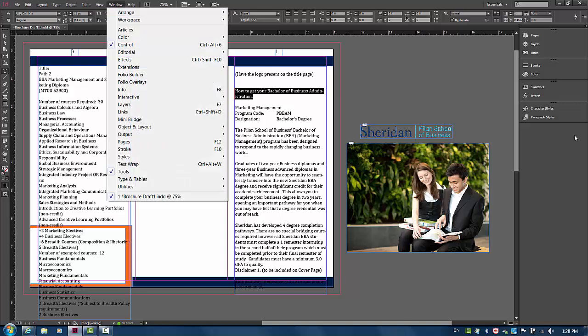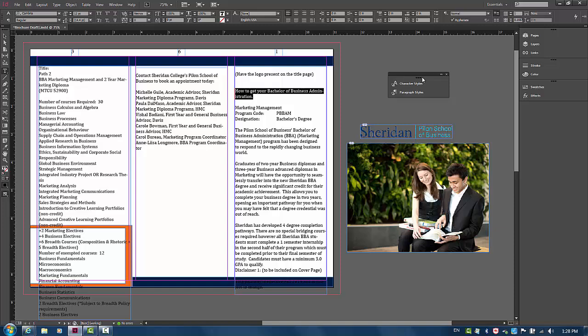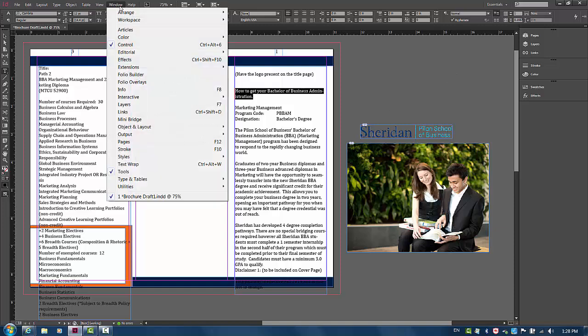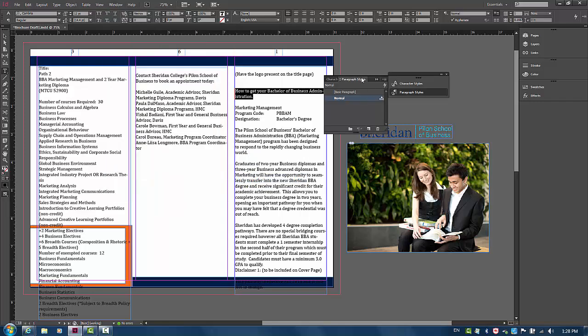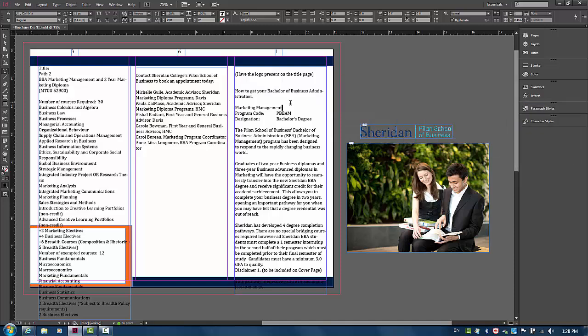However, if ever you accidentally click it off and accidentally close it, all you need to do is go back to Windows, back to Styles, back to Paragraph Styles, and here I have my nested toolbars, which I can just place here. Okay, the very first thing I want to define is what is my normal